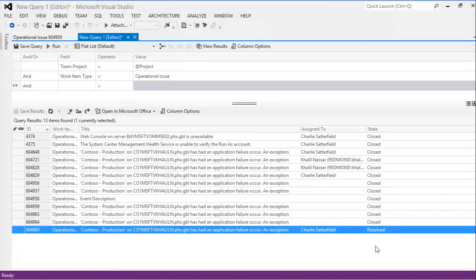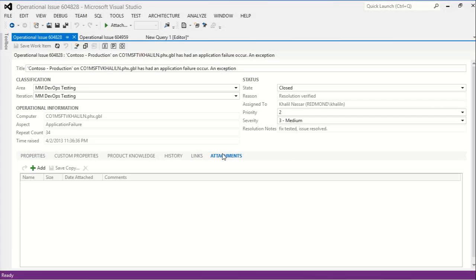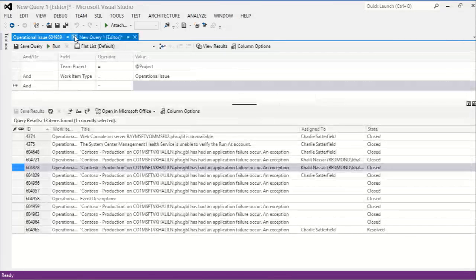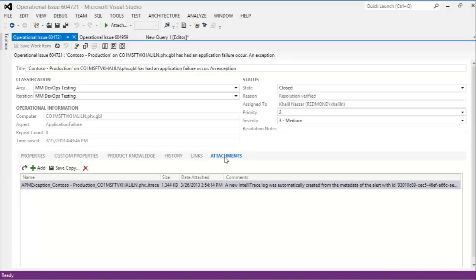All right, so it looks like this part of the demo's breaking down a little bit, unfortunately. If we were able to open up one that was new, we would have opened up a link that would have brought up that same familiar report that we saw from App Diagnostics, and we could have downloaded the IntelliTrace. Alternatively, there are overrides in the TFS connector that will allow you to attach specific IntelliTrace logs to the actual